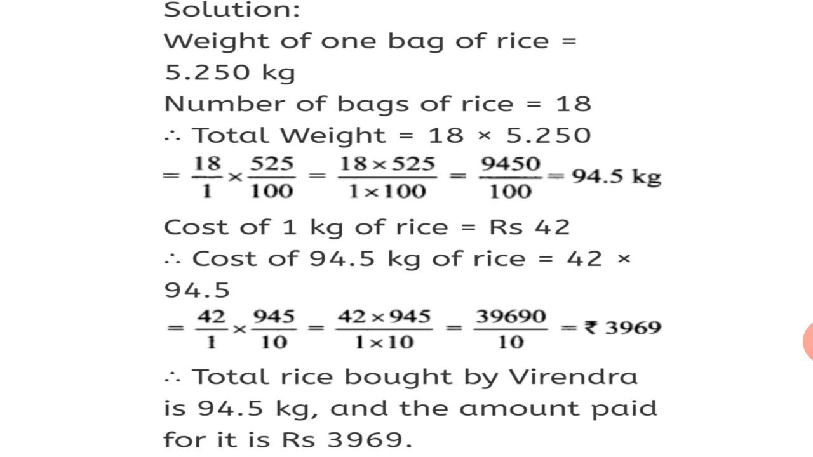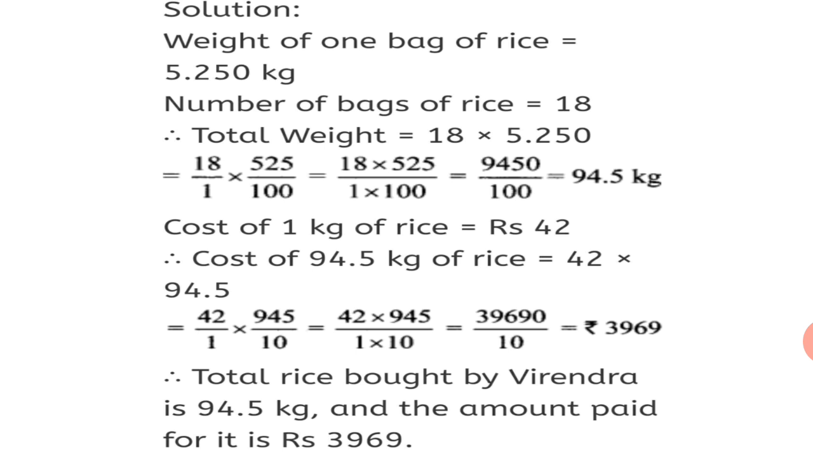Now the second part. The cost of 1 kg of rice is given as rupees 42. Therefore, the cost of the entire weight of rice, that is 94.5 kg of rice, is equal to 42 into 94.5. So again we write in the form of a common fraction, 42 upon 1 into 945 upon 10, is equal to 42 into 945 upon 1 into 10, is equal to